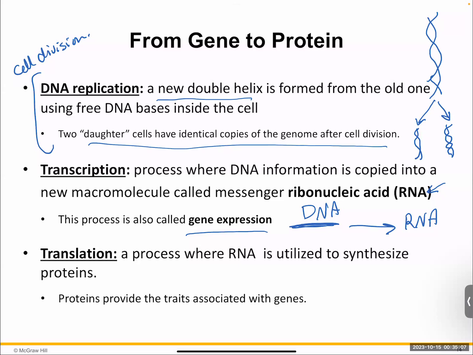Now, this is RNA. Again, we're not at the protein level. So how do you take the RNA and use it to make your proteins? That process is known as translation. So translation utilizes the resources inside the cell, including an organelle called the ribosome, to use the RNA and synthesize your protein. And proteins are basically, again, going to be your workers. They're going to give you your traits, the characteristics, conditions, susceptibility to medications, etc.